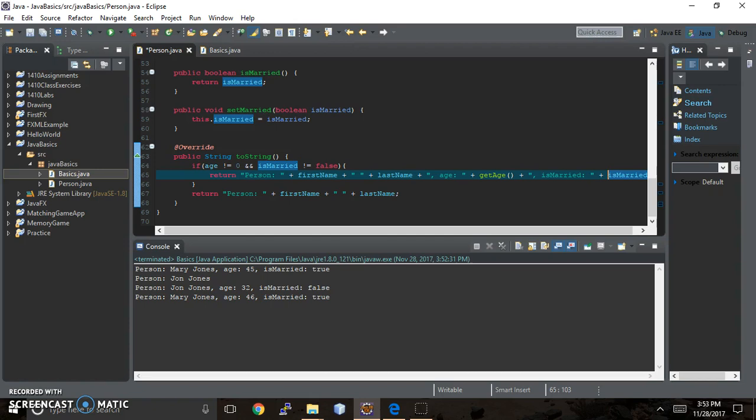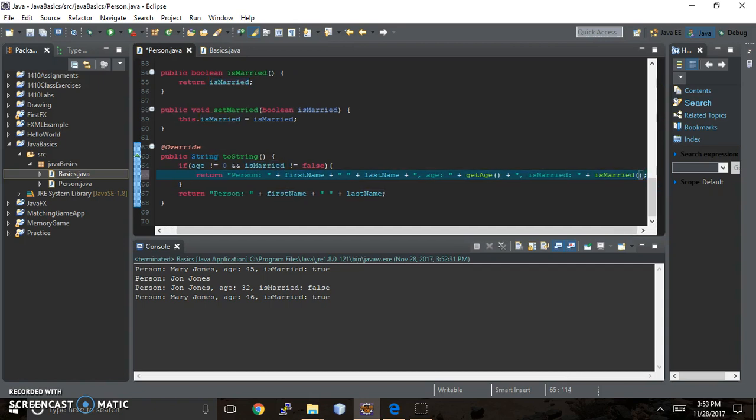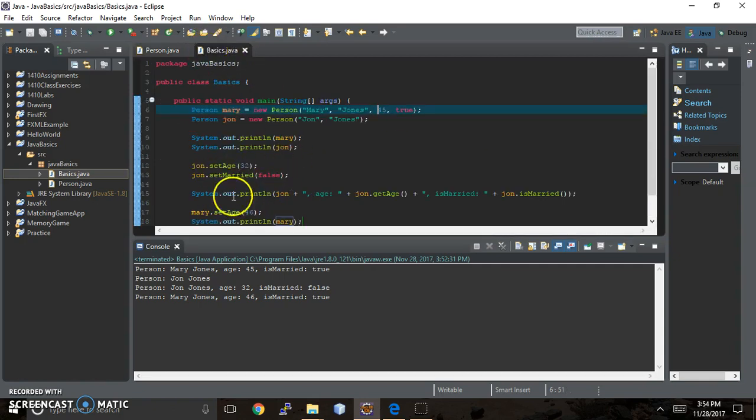Because we're inside the class and this belongs to the class, I can just go ahead and call the method the way it is for the class without specifying an object, because we're already in that Person class. We don't need to specify Mary.getAge for this, but when we're in the main class, we do have to specify that. So let me just run it with the changes, and you can see that yes, it kept the updated value,